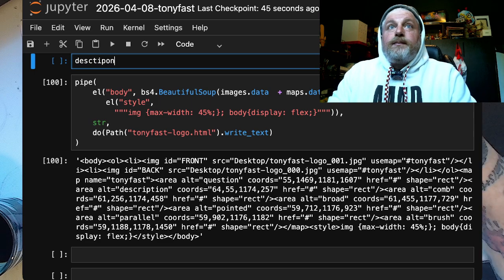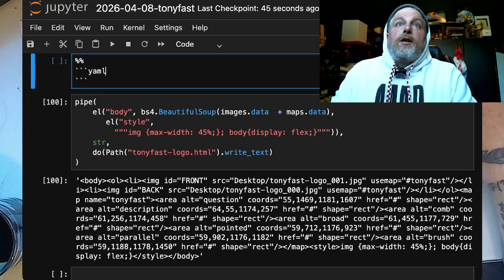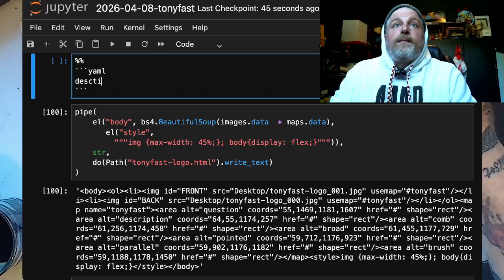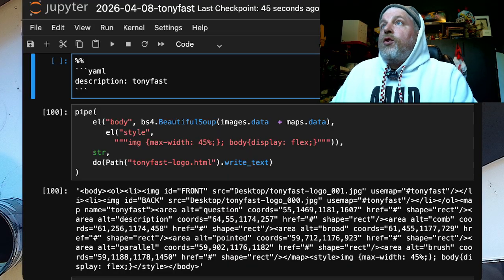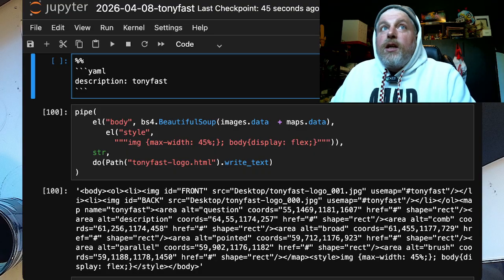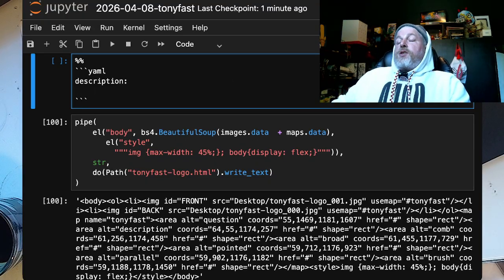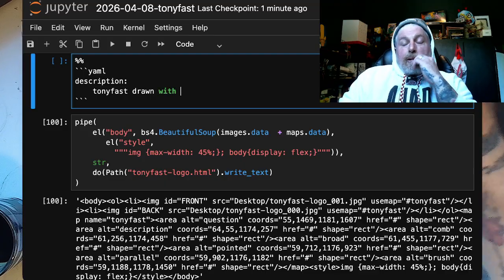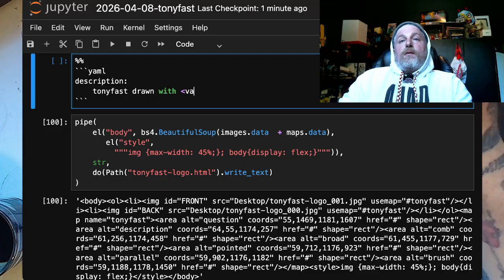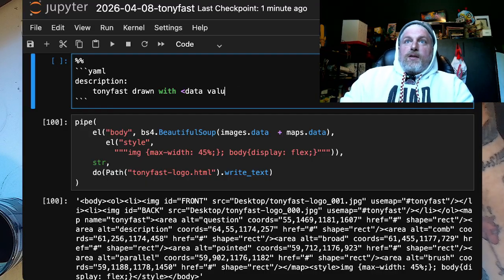So on description, I'm going to make a cell. I'm going to use some YAML, and then we're going to say description. On the front side, the description says Tony Fast drawn with, I think var is probably data, value equals 6. This is fine,